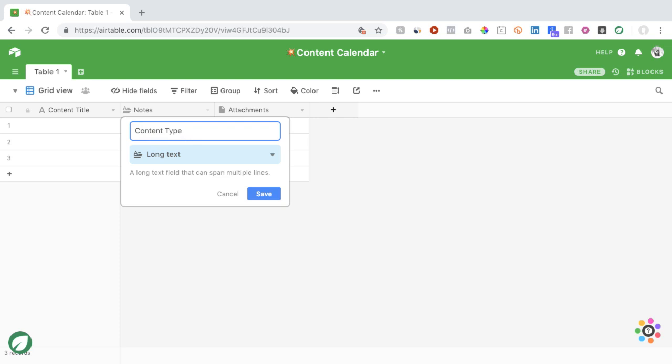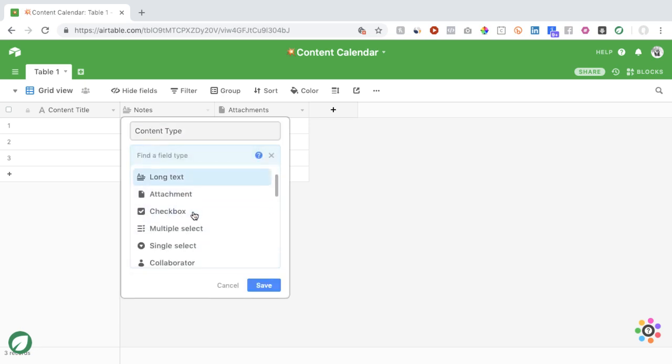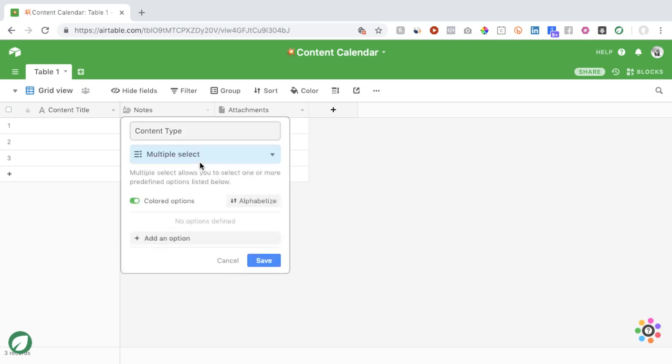Yeah, that's fine. And then we're going to select multiple select. Okay, so for this field, all the cells within this column, or the records within this field, allow you to select one or more predefined options listed below. Down here is where you list them. It also gives you the option to color code them and alphabetize them once you get them all listed in there. So we can add as many or as few as we want, but for the purposes of this video,